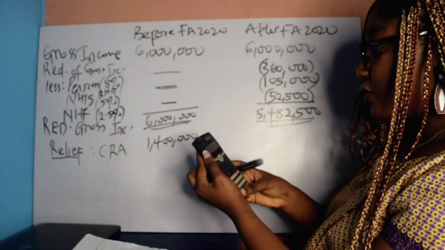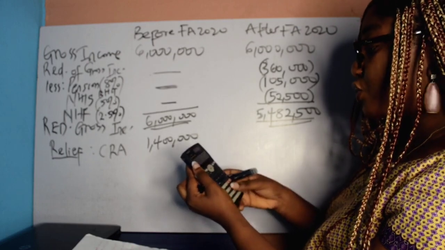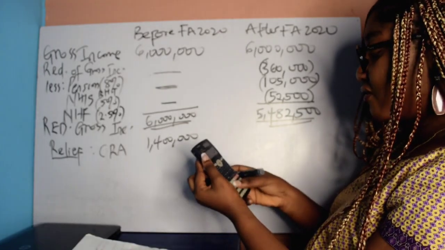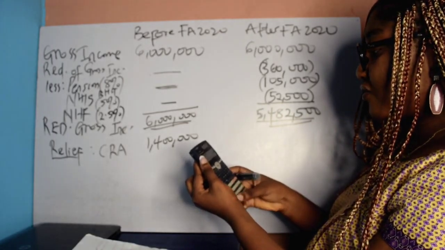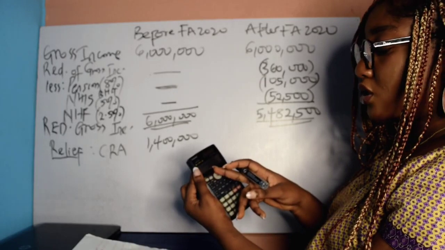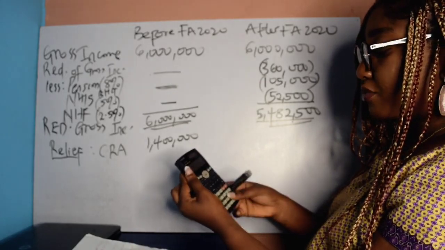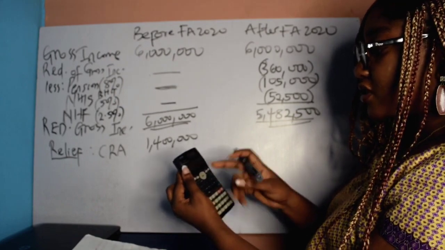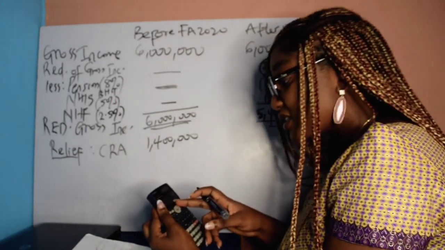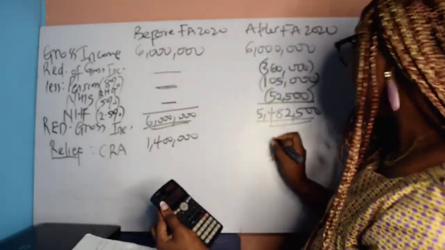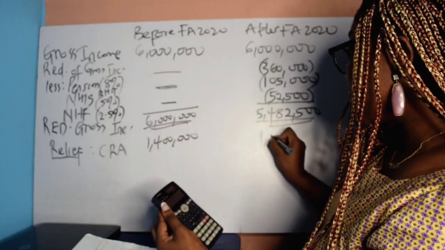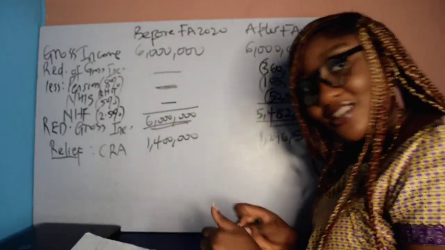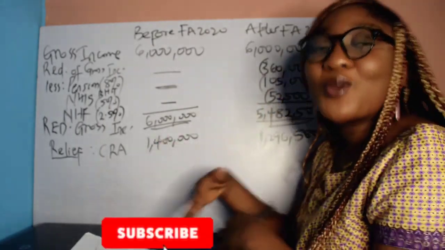Now let's do this. 20%, 0.2 times 5,482,500. That will give you 1,096,500. Then plus 200,000, that gives us 1,296,500. So you can now see that, in fact, I think I should even stop here, but I'd like to do it to the level of effective tax rate